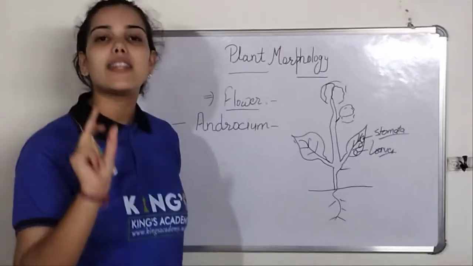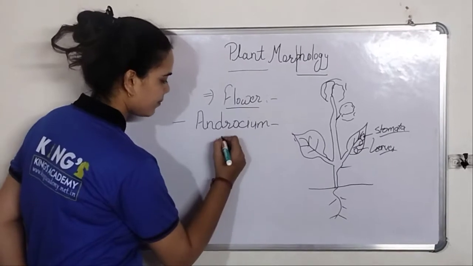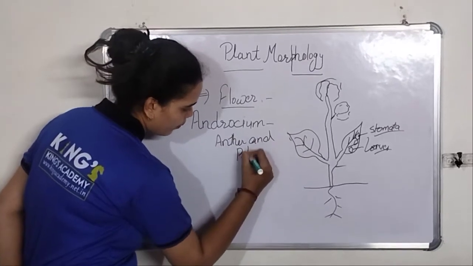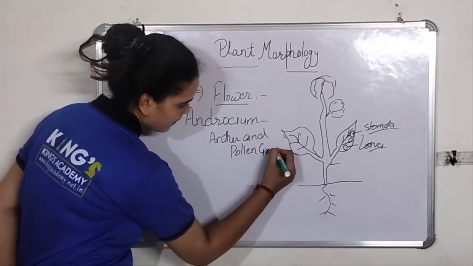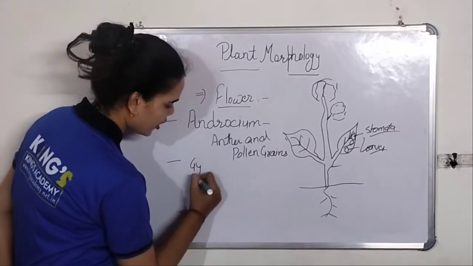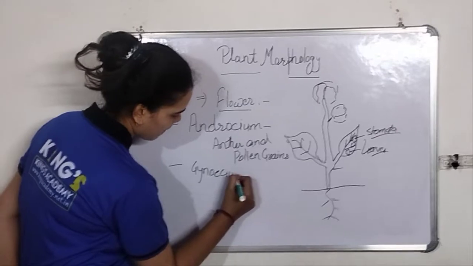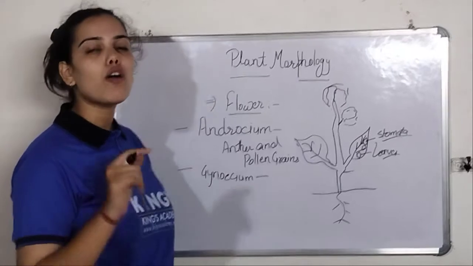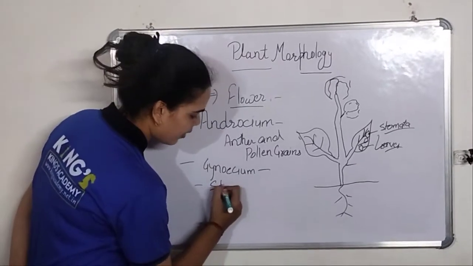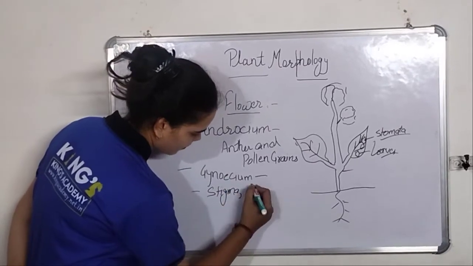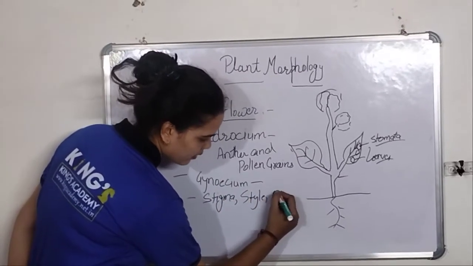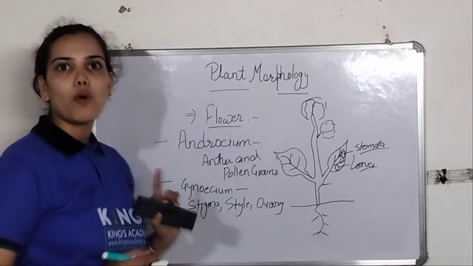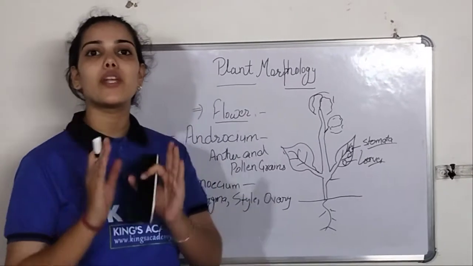Androecium consists of anther and pollen grains. While gynoecium, which is also known as the female reproductive part, consists of stigma, style, and ovary. Okay. So anther and pollen grain are known as the male reproductive organs of the plant,